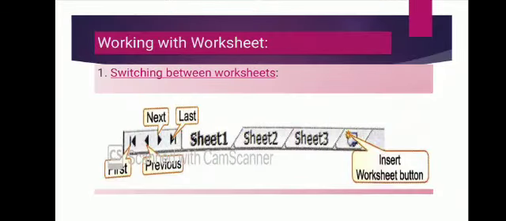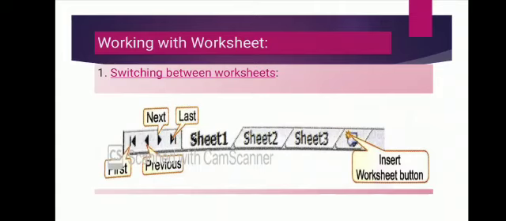Now working with worksheet. While working with worksheet, you have to switch between the worksheets. Means when we add a number of worksheets, only a few worksheets can be seen on the screen. So to switch between the worksheets, click the arrow buttons on the sheet tab. See in diagram, several arrow buttons are given for first, previous, next and last. This will display the sheet as you selected. Means if you had selected the previous one, it will show the previous worksheet. And last button is for insert worksheet button. When you click on it, one more worksheet will add.